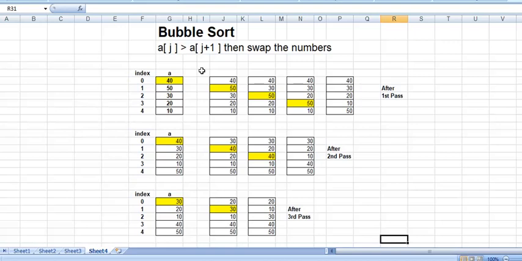So in this technique, the heavy numbers, or higher valued numbers, are going to settle down, and the lower numbers are going to bubble up. That is how we will make an order.